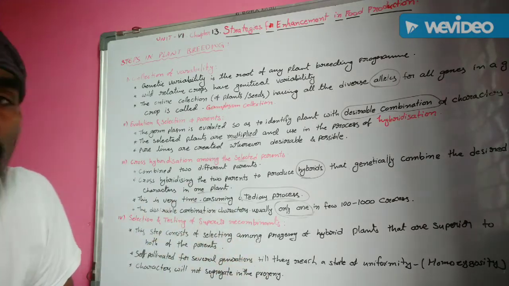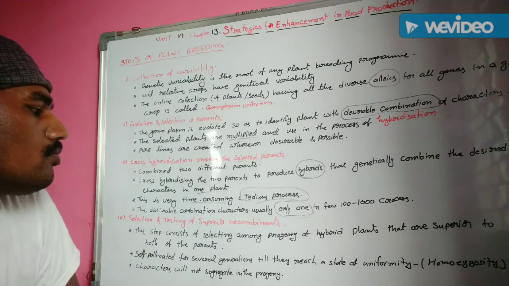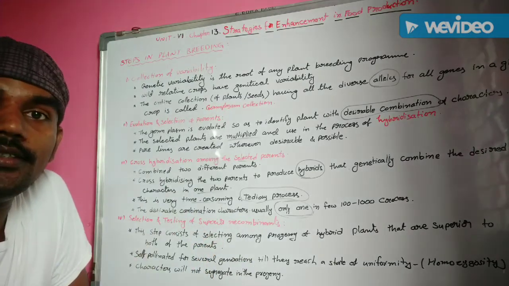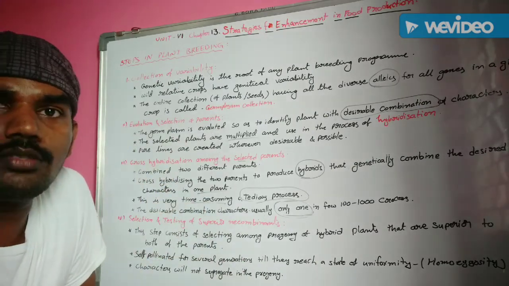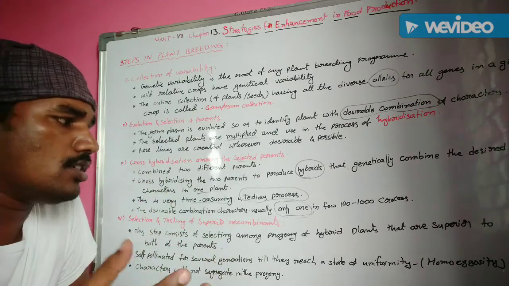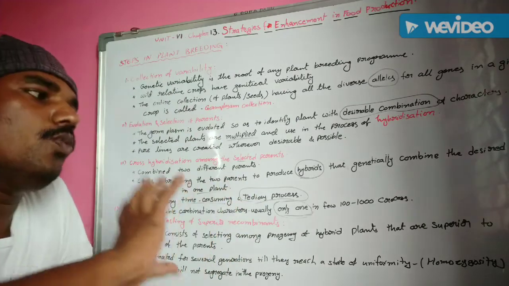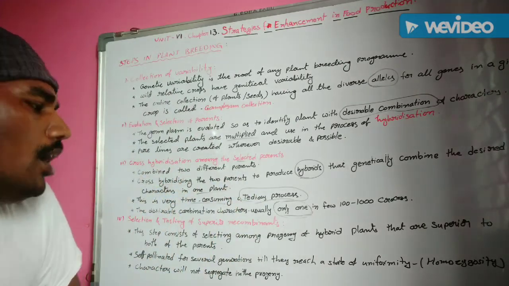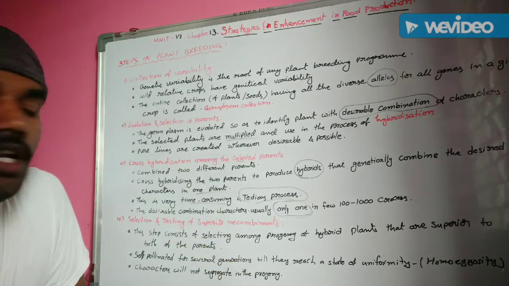రెండు పేరెంట్ల కంటే సుపీరియర్ గా ఏ ప్లాంట్స్ ఉన్నాయో వాటిని మనం ఏం చేస్తుంటాం? యూఆర్ సెలెక్టింగ్. ఓకే, రెండు పేరెంట్స్ వాంటెడ్ క్యారెక్టర్స్ ఉన్న రెండు పేరెంట్స్ మధ్య మనం క్రాస్ చేసినప్పుడు మెంబర్ ఆఫ్ జనరేషన్స్ వచ్చిన ఆ జనరేషన్ లో ఈ ప్లాంట్స్ కంటే అంటే పేరెంటల్ ప్లాంట్స్ కంటే అడ్వాన్స్డ్ గా ఉన్న సుపీరియర్ గా ఉన్నటువంటి ప్లాంట్స్ ని మనం సెలెక్ట్ చేస్తుంటాం. నెక్స్ట్ వన్,